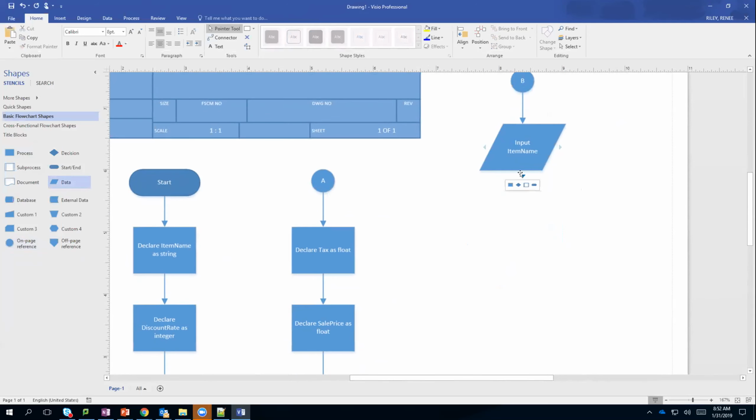Next in our flowchart, we're going to prompt the user for our original price. And then we're going to input that original price. Now, if you notice when we're working with Visio, like a lot of the other Office products,